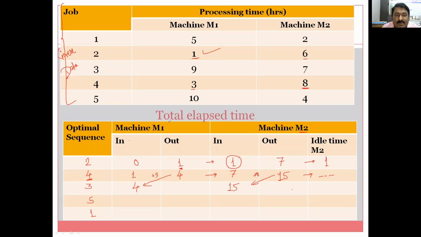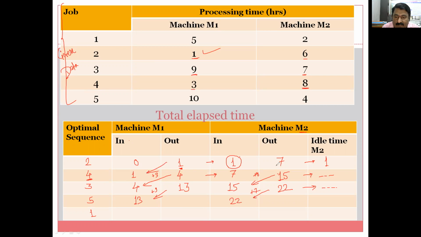And now job number 3. So on machine 1 it requires 9 hours. So 9 plus 4, it will become 13. The next time is 15 hours. 2 hours it has to wait. And after this 15 hours, what is the time next? It requires 7. So 15 plus 7, here you can say 22. Okay, machine is not idle. Job has to wait for processing, machine has not to wait. Okay, then I will take this 13 down and this 22 down.